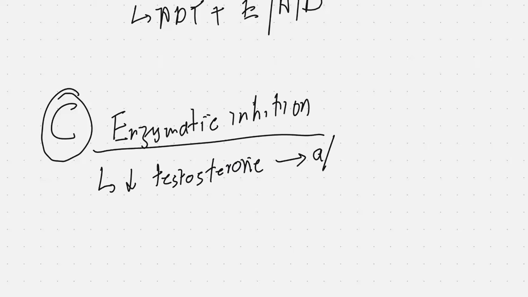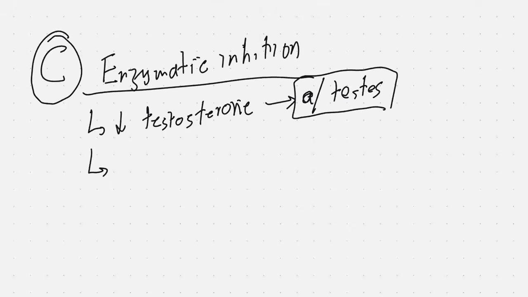So that's what we hope to achieve here. We can do this by inhibiting an enzyme called CYP17. CYP17 is a crucial enzyme required for the formation of testosterone throughout the body. And if we can inhibit this enzyme, we can decrease the testosterone production in the adrenals as well as the